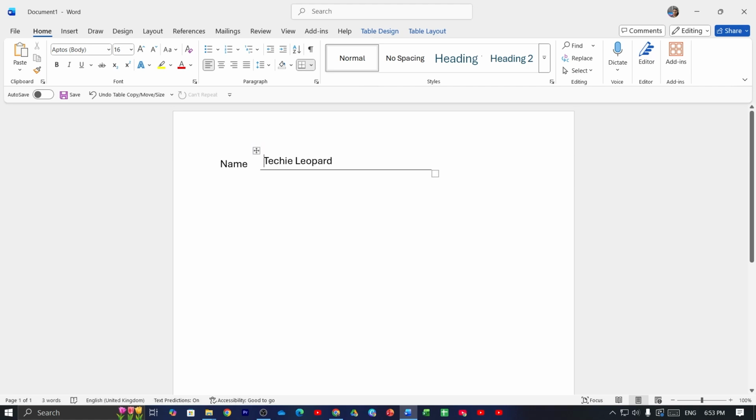Also, you can resize your line. Just put the cursor here and here it is. And that is how you can make fillable lines on